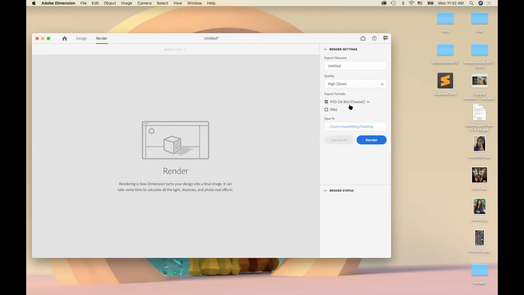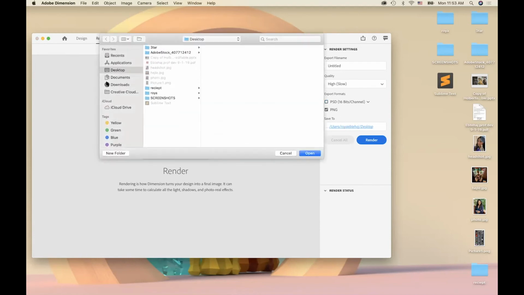And I want to tell you, if you work in the PSD format, it's helpful to preserve the layers for you. Then when you take it to another software, for example, Adobe Photoshop, you have the option to work on the layers separately. If you don't want to work in additional software, then save it as a PNG format. And then for save to, you can click on the link and save it